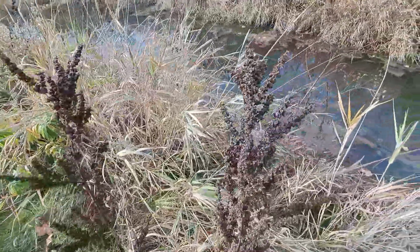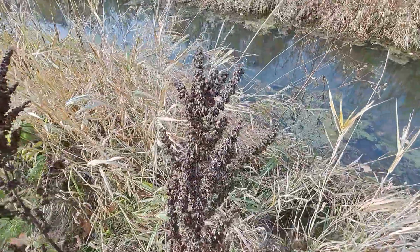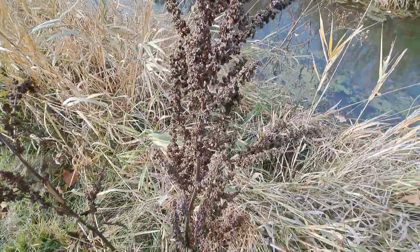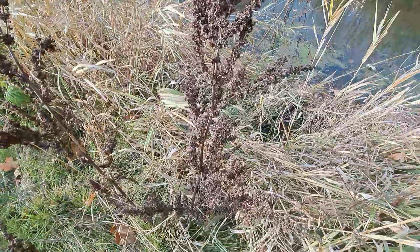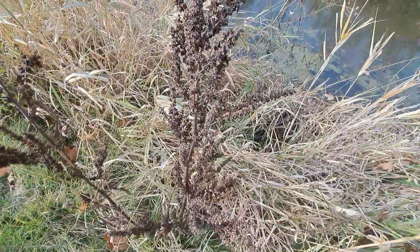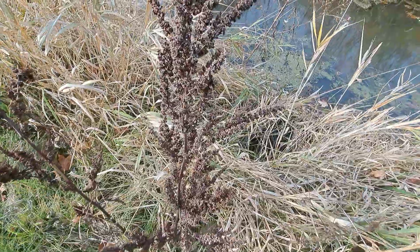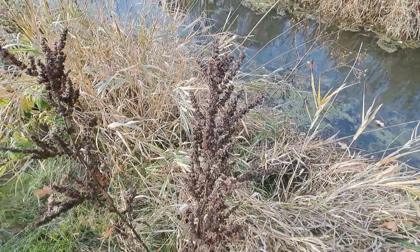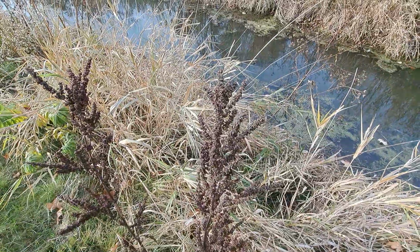Some of you, I'm sure, have seen it before. If you haven't, well, here's a visual. So, curly dock belongs under the genus of Rumex, and given that it is a dock, that must mean that